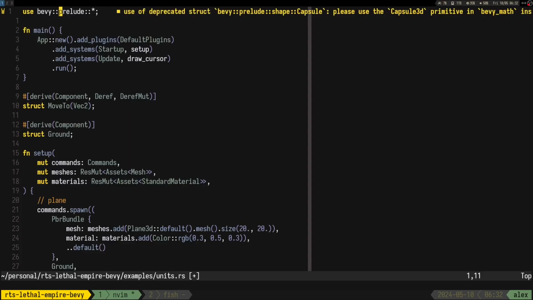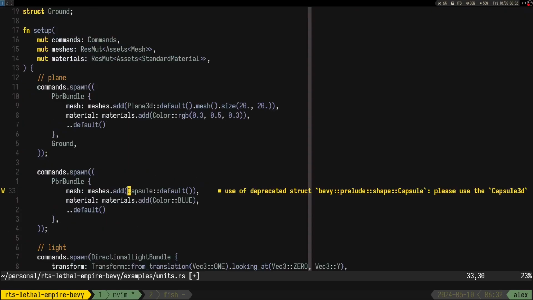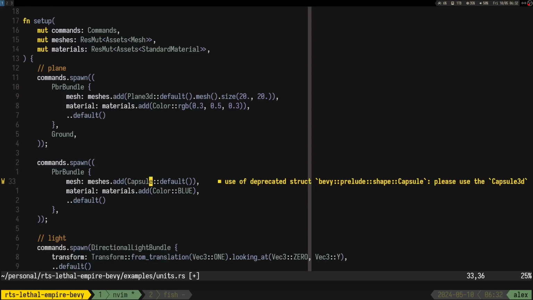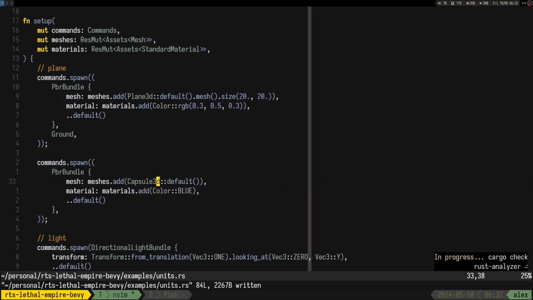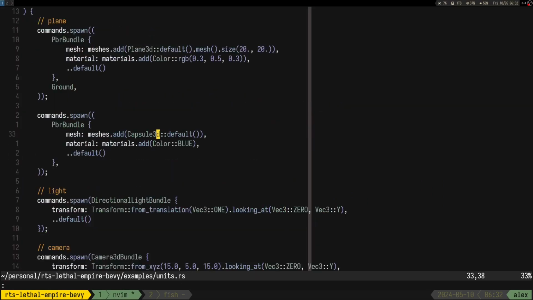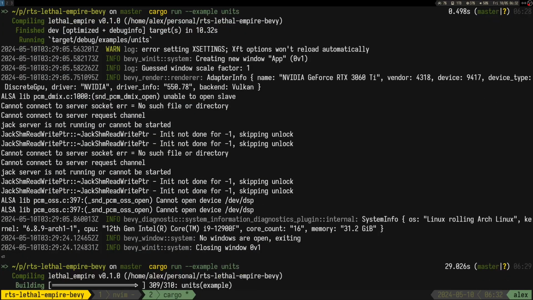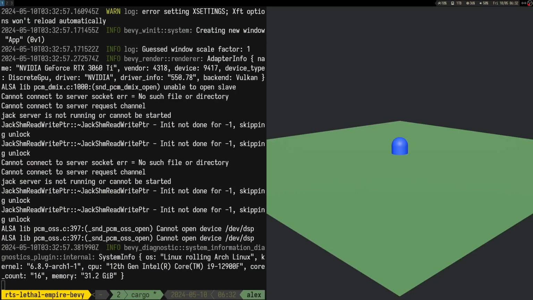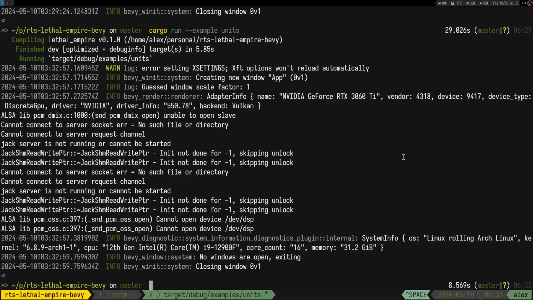Okay, so it's capsule, capsule 3D or what? I mean, okay, fair enough. So we have radius, half length, whatever. Let's see if it spawns it. Okay, I mean it's in the ground, so